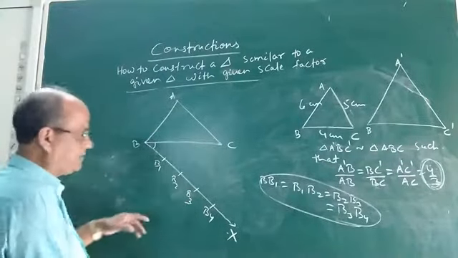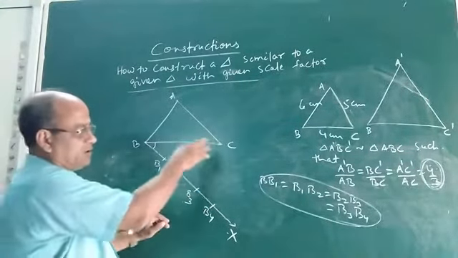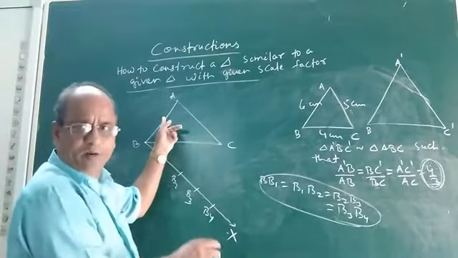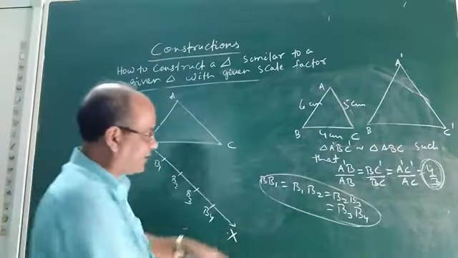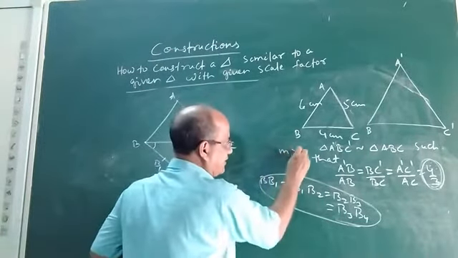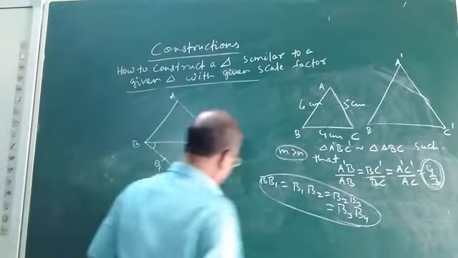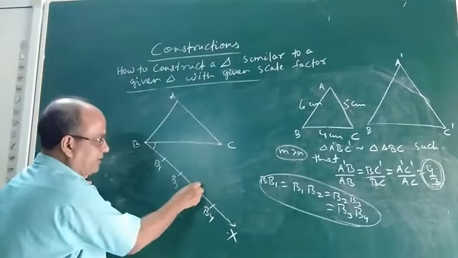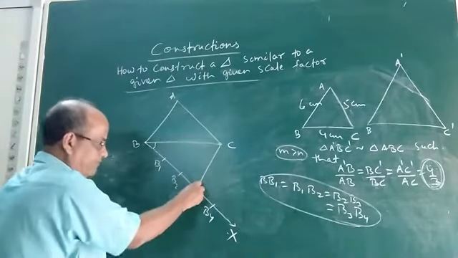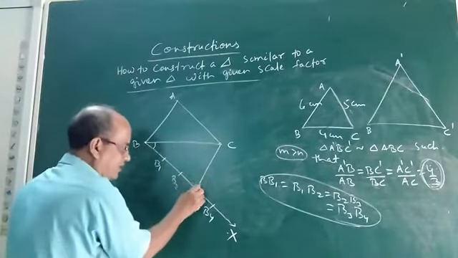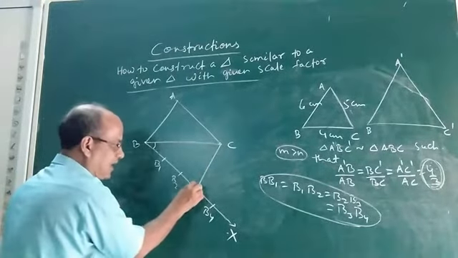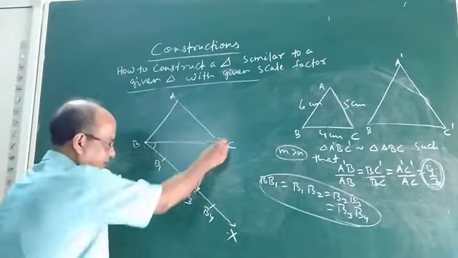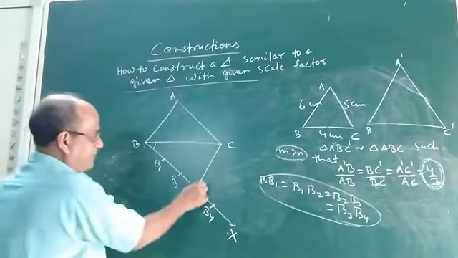The next step is, you see, as we want to construct the triangle similar to triangle ABC with scale factor 4 by 3. Here 4 is greater than 3, that means M is greater than N in this question. So now see which is the third part. Third part is which one? B3. Join it to C. Join the third point B3 along BX to the vertex C. Okay. So you will get a line segment B3C.